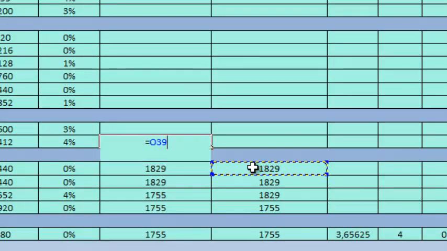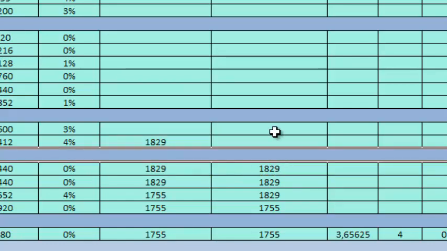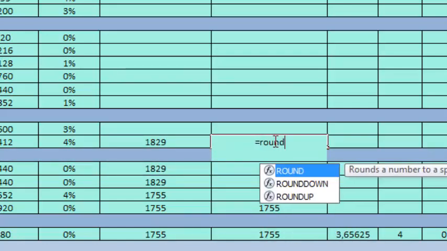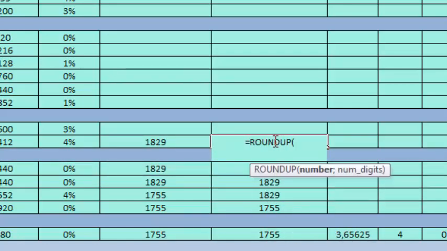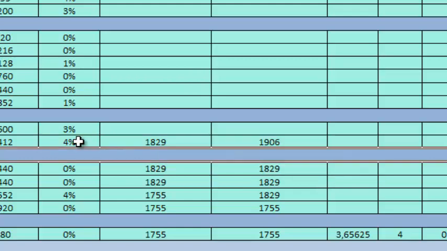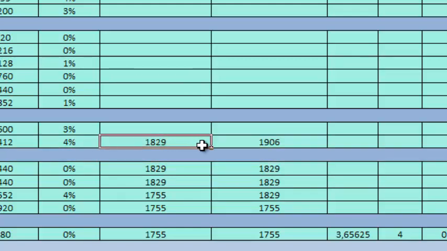So it is the same with O, then you can use the same formula as the previous one. Then you can drag up again.